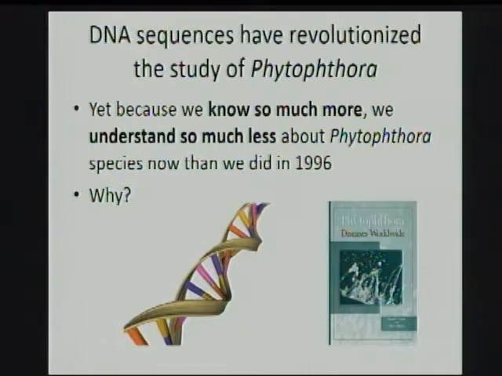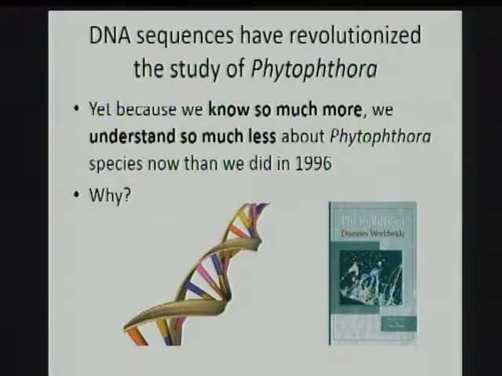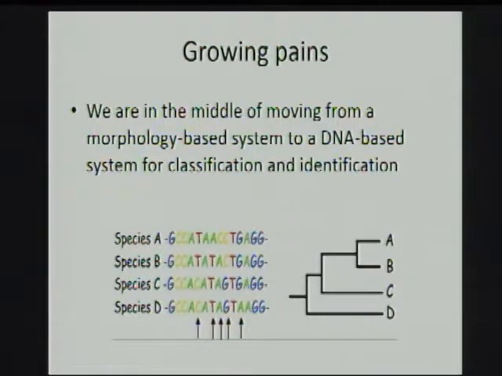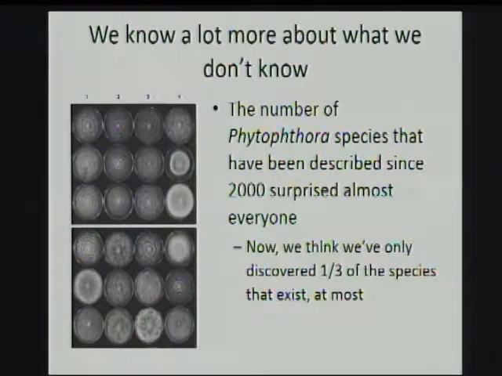The analysis of DNA sequences has really come into play since then, and we've learned incredible amounts about Phytophthora, yet so much of what we used to know is sort of more fragile, or really we understand less than we did. The big picture of that is because we are moving from a system in the way we identify and classify Phytophthora species from looking at them under a microscope and doing the best we could under that, to using DNA. The result of that is the amount that we thought that we knew has declined.